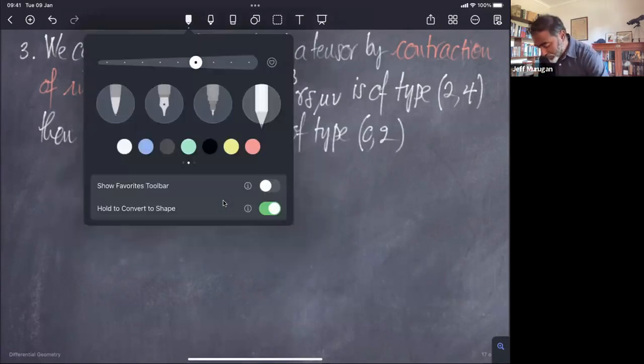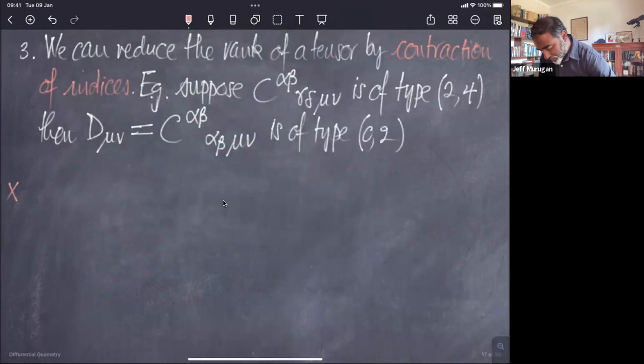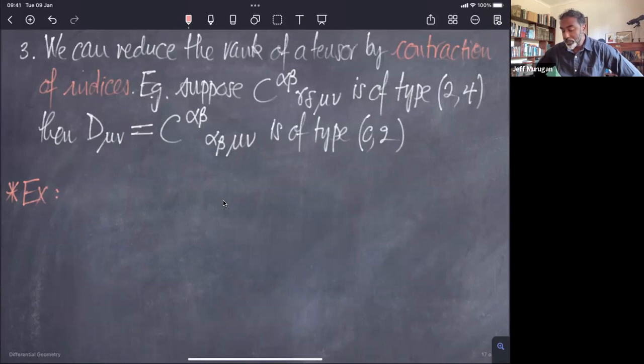What I'm going to leave for you guys as an exercise is to explain why contraction actually produces a tensor. All I've said is that I've taken an object of type 2-4 and I've produced an object of type 0-2 out of it. And that's just counting indices upstairs and downstairs. But in order to demonstrate why this thing should be taken seriously as a tensor, you have to show me that it transforms as a tensor given the transformation properties of the C. So explain